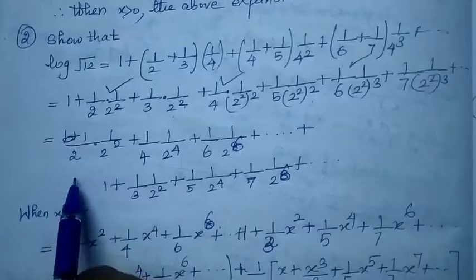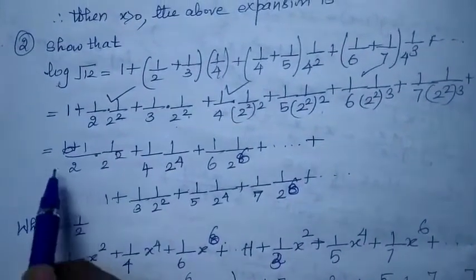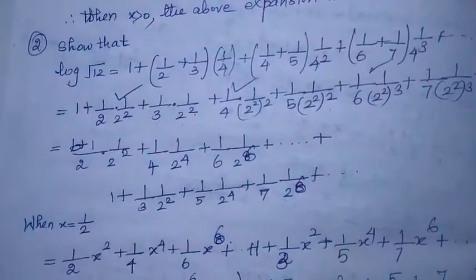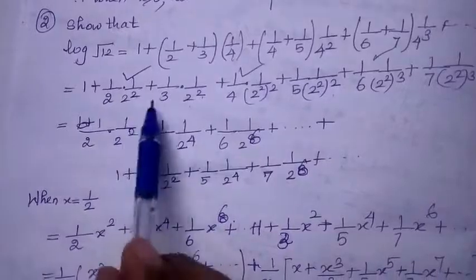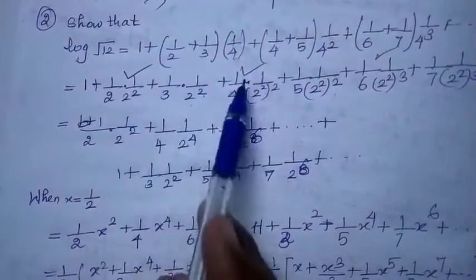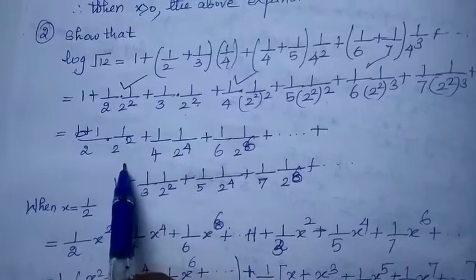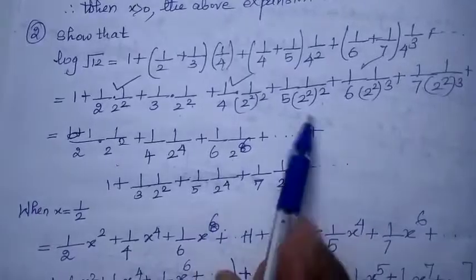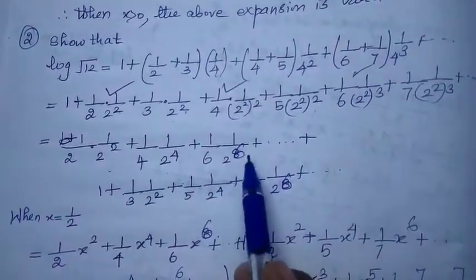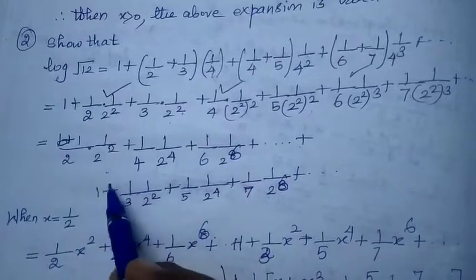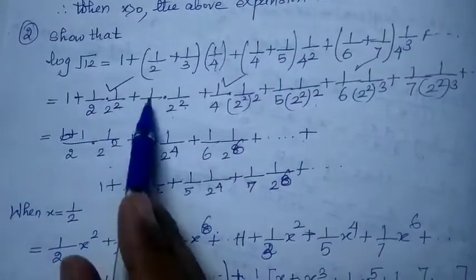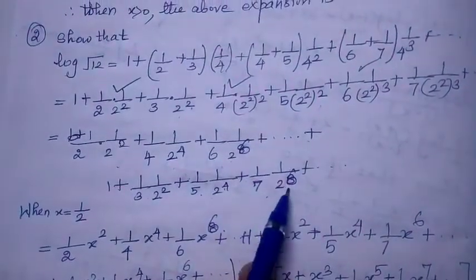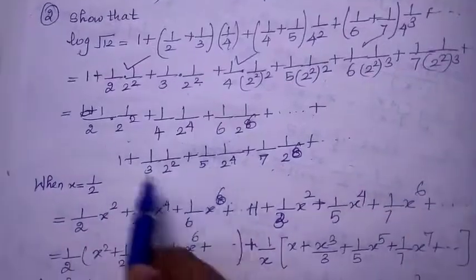So next what I am going to do is, what we have is 1 plus 1 by 2. I am going to collect all the even terms first, then I am going to collect the odd terms. So I have put a tick mark here just to collect the even terms alone. That is 1 by 2 into 1 by 2 square, 1 by 4 into 1 by 2 to the power 4 plus 1 by 6 into 1 by 2 to the power 2 into 3 which will become 6 plus etc. Now just collect the odd terms together, right? So 1 plus 1 by 3 into 1 by 2 square plus 1 by 5 into 1 by 2 power 4 plus 1 by 7 into 1 by 2 power 6 plus etc. So this is what we have.